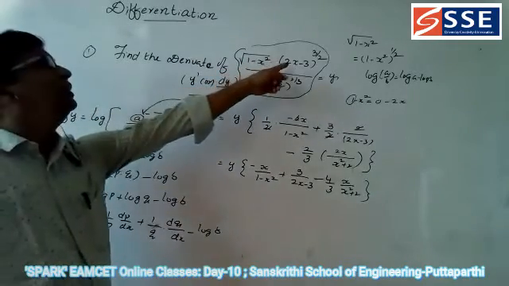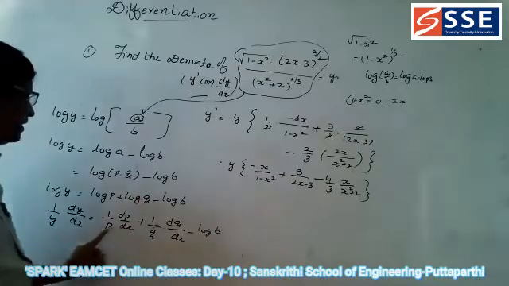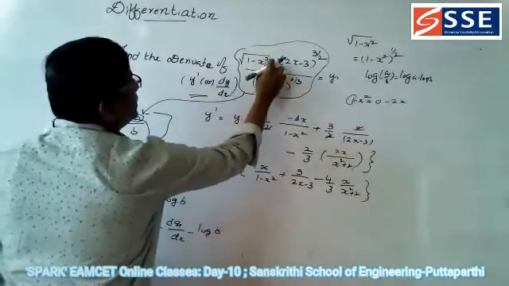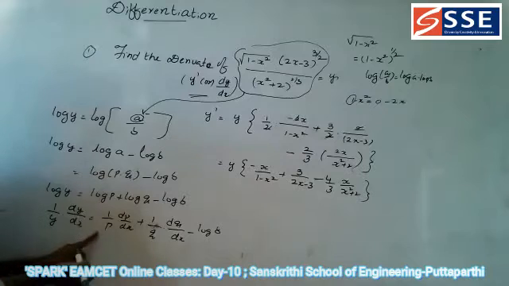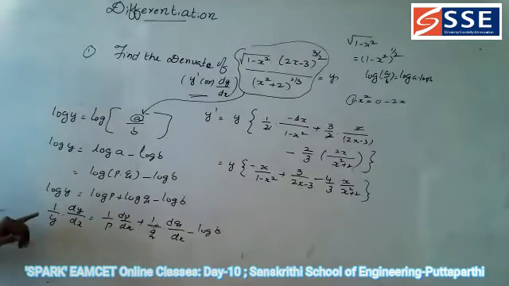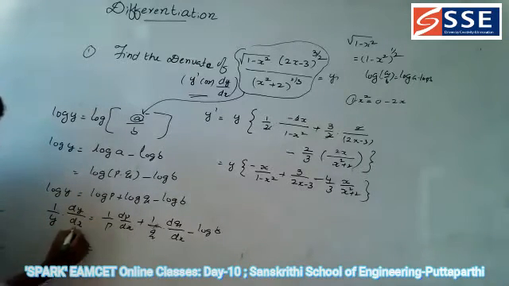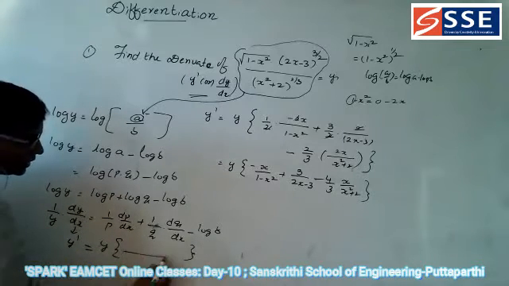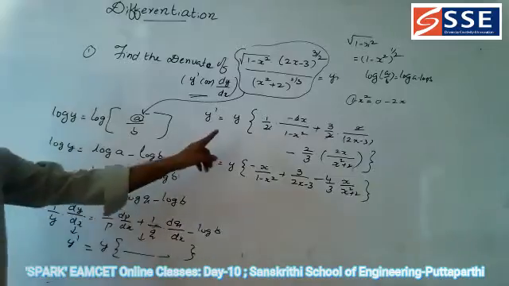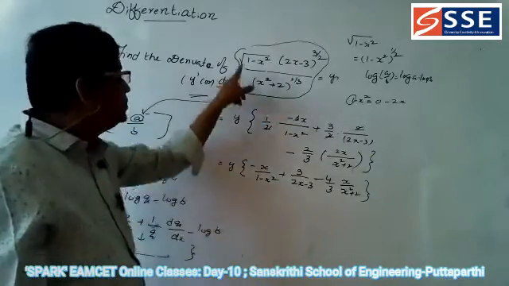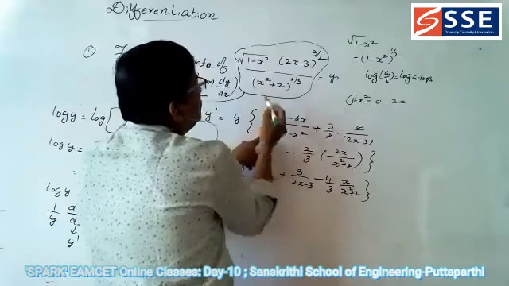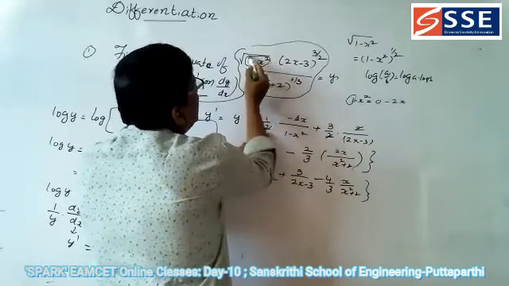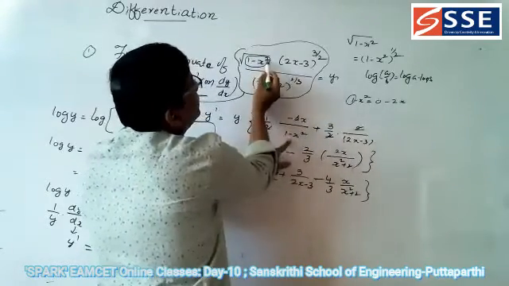Now you can go for that. Write down dp by dx is equal to 1 by p. What is p here? That's what I am saying here. Now you can go for simplifying it. Now y dash is equal to this. I am writing y; you bring y automatically, and you can get the same term here. So that's why I am writing directly y dash is equal to y into, whole power 1 by 2. That's why 1 by 2. Write this term in the denominator and the differentiation of this.